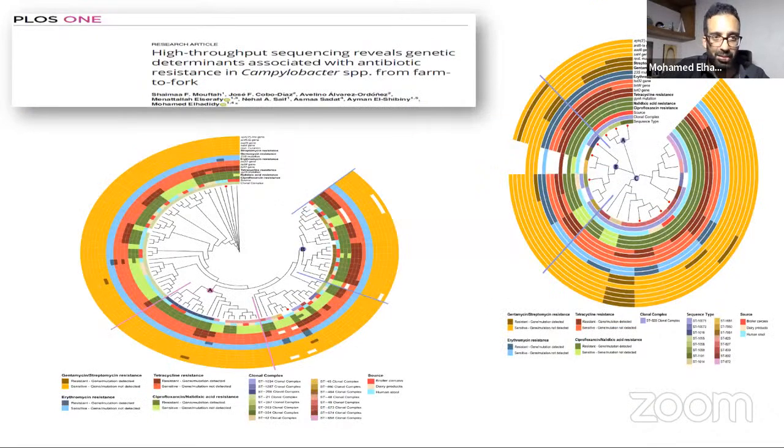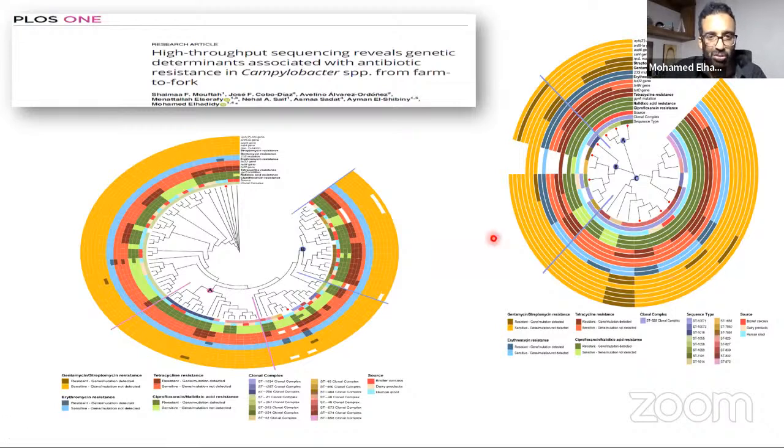As I mentioned, there are many trends in genomic sequencing, and I started my presentation with antimicrobial resistance, which I'm interested in across different bugs. This is also a nice insight and a paper that we published last year, about implementing high-throughput sequencing and determining a deeper resolution of genetic determinants of antimicrobial resistance in Campylobacter from farm to fork. We know that Campylobacter is self-limiting, and by adding selective pressure to this bacteria, it becomes more resistant to antibiotics. It's still not pan-resistant, but it's highly resistant to different antibiotics.